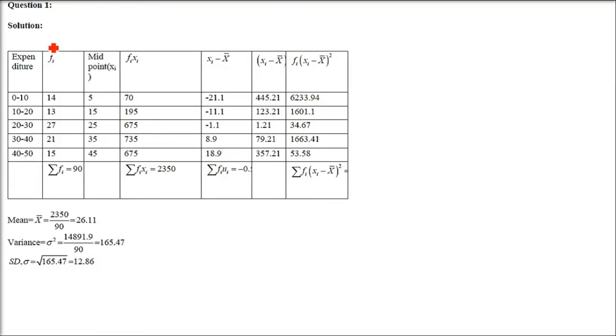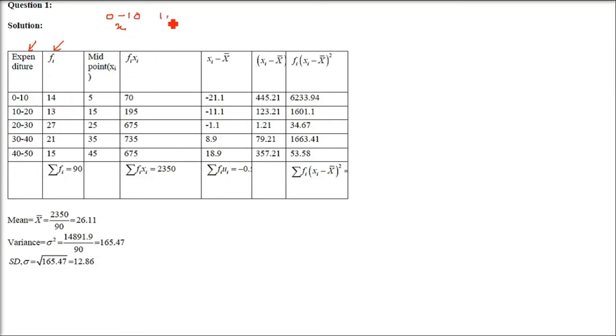What you will see here is that you will not get values. In the previous exercise, we had X and F, and then we had to compute. Here the values of X are not given, but rather it's a range. That is why we call it the variance of a continuous frequency distribution. So we have to find X first, then only will we be able to work on it. So how to do this?